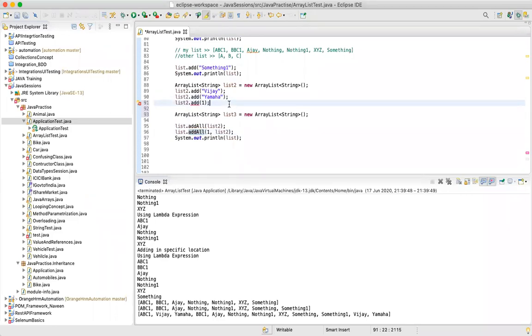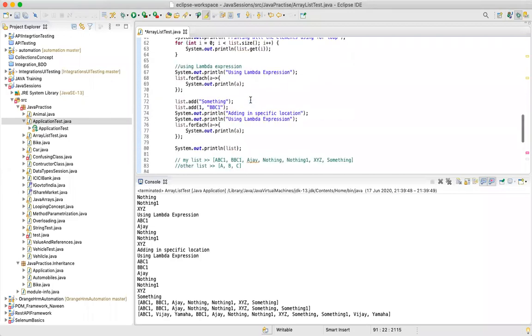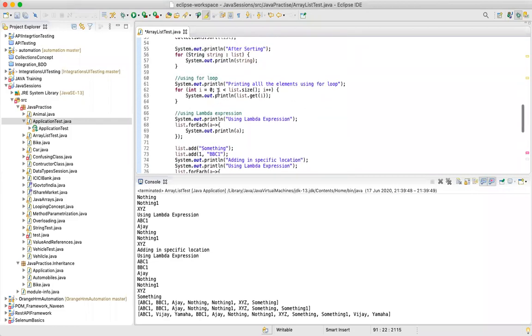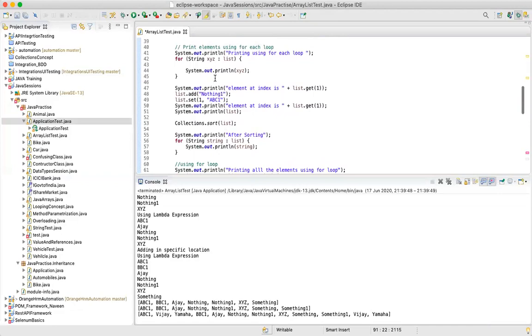Sorry, you have the non-generic list declaration, right? If you declare a list like that, and you are adding both a string and an integer into that list, and you bring that list and add it here, yes, that would get added. See guys, when there is no data type, it will keep on adding. But the problem will occur when you are actually trying to store all the elements from that list. Now we have used a for loop, right? For each, let's see, where is that particular code?